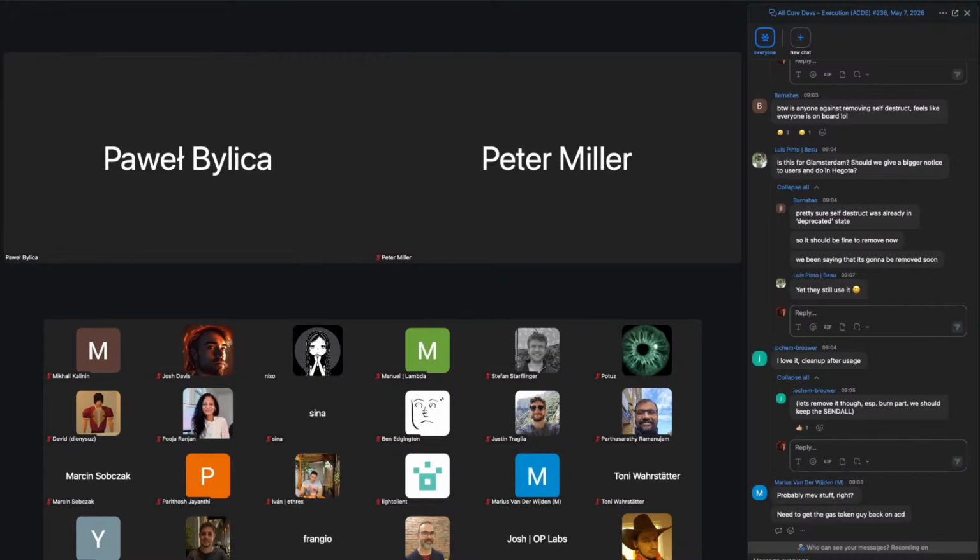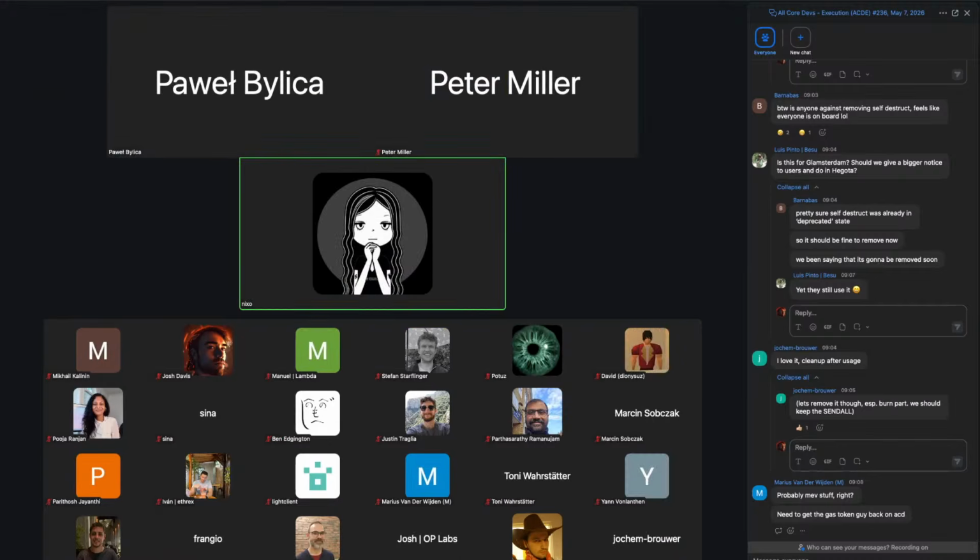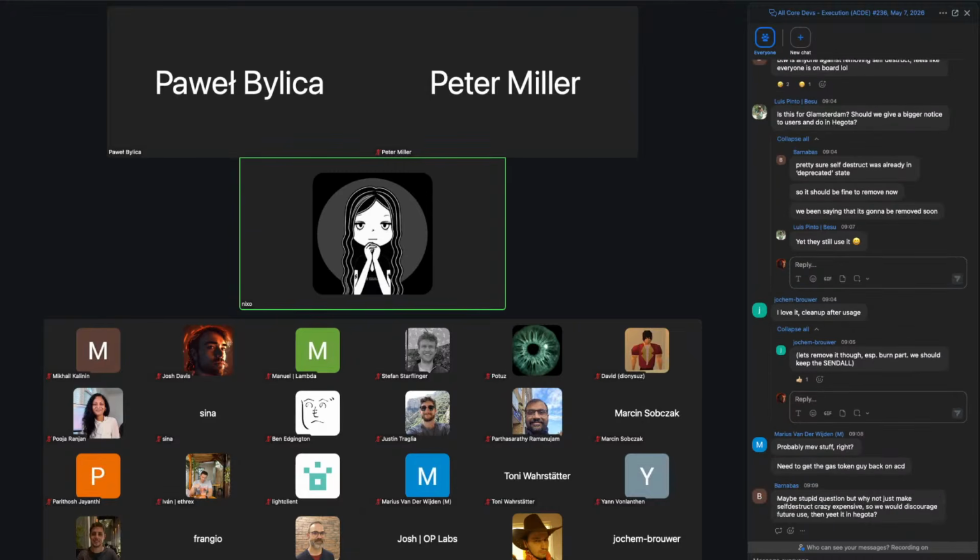Okay, Paul, is it accurate to say that 8246 is being proposed for Glamsterdam to enable 7708, and then removing self-destruct is a longer term goal that might be for Hegota, and maybe needs a little bit more analysis into whether